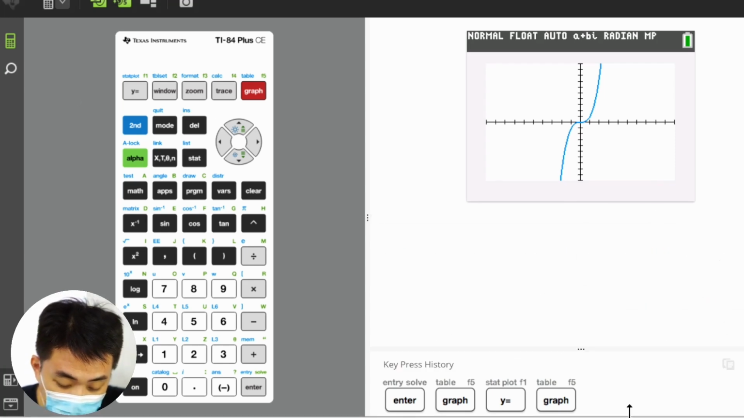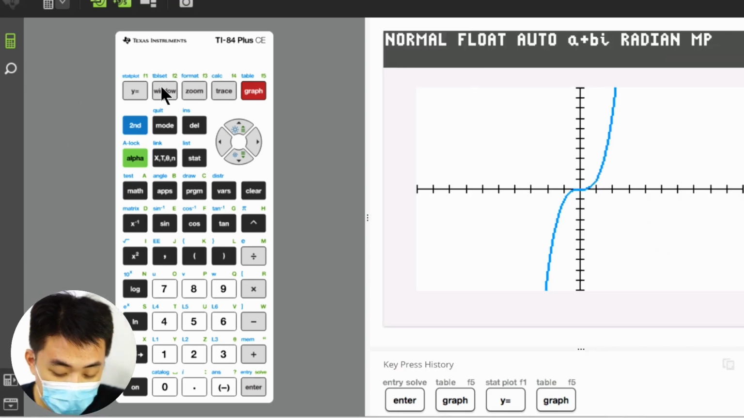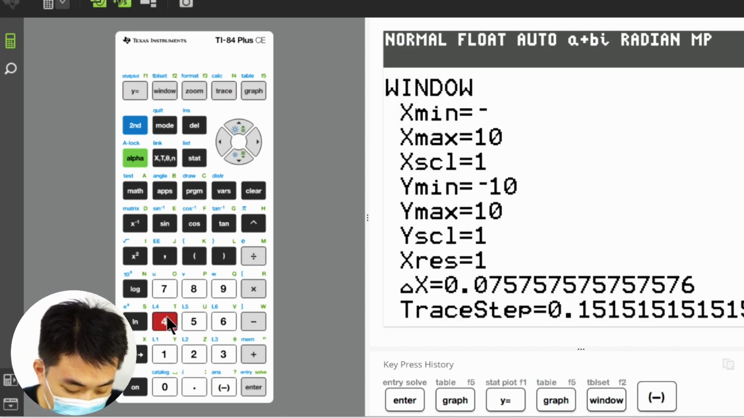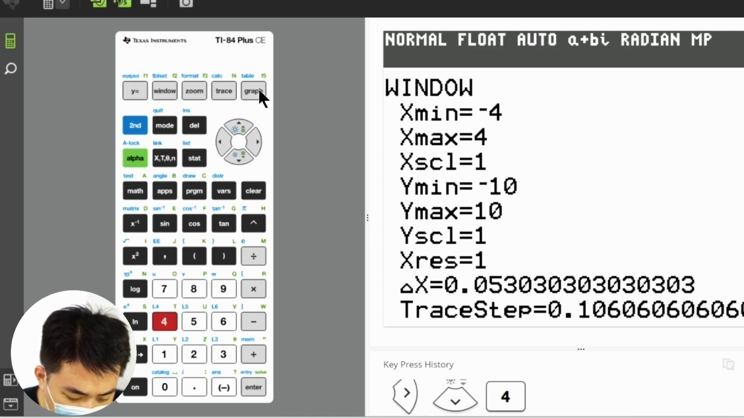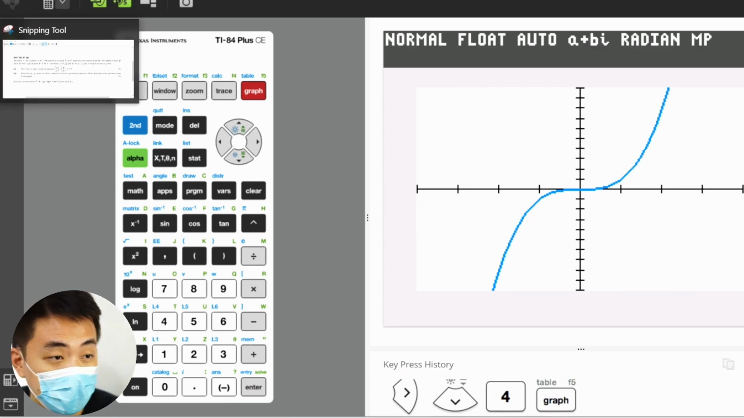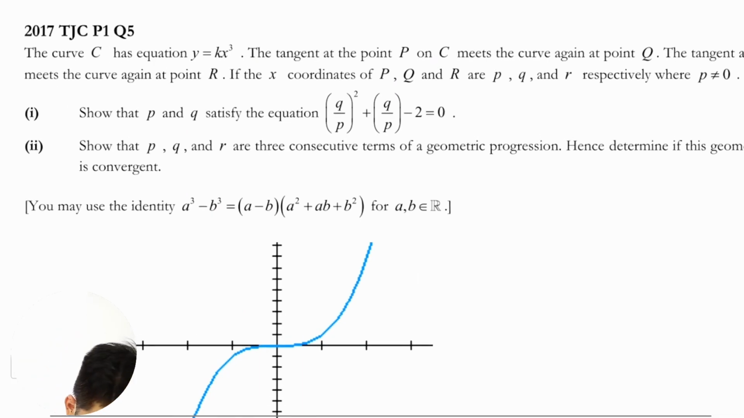The first thing is to try to understand the question. So plot this graph out. Of course, there is a lot of white space here which is wasted. I'm going to change this to like -4 and 4, just to stretch them out a bit. I'm going to copy this graph in and try to understand. Show that